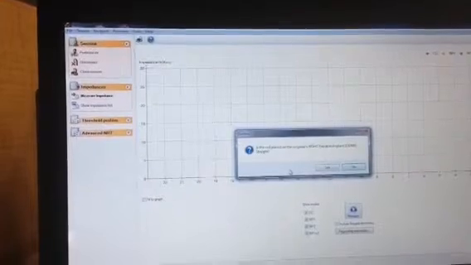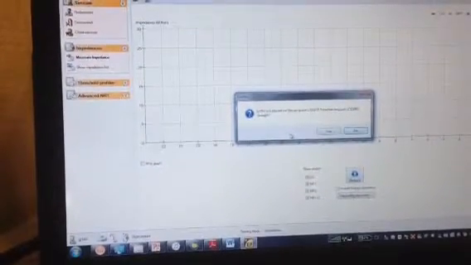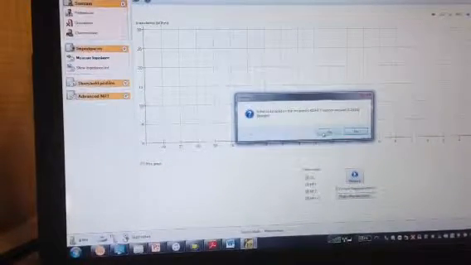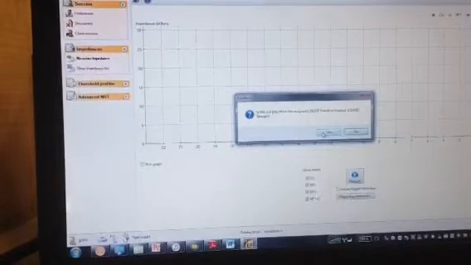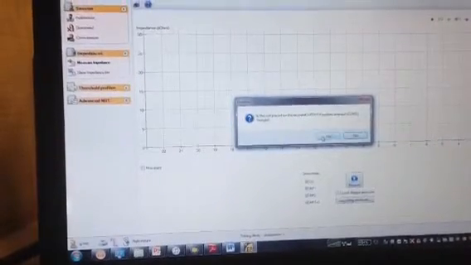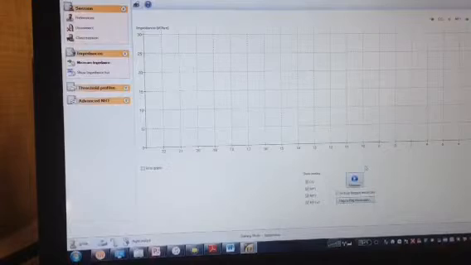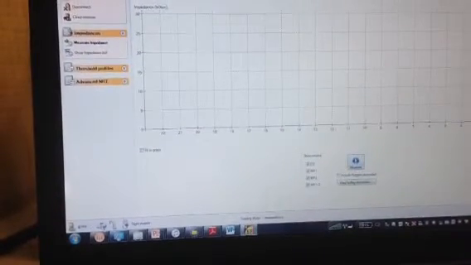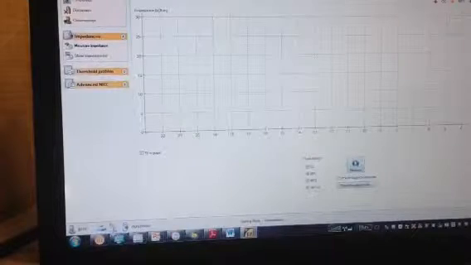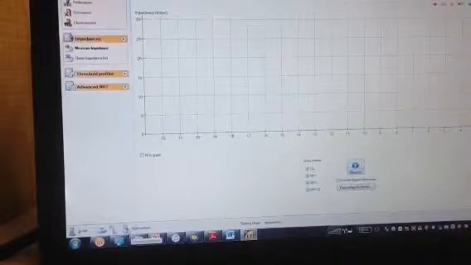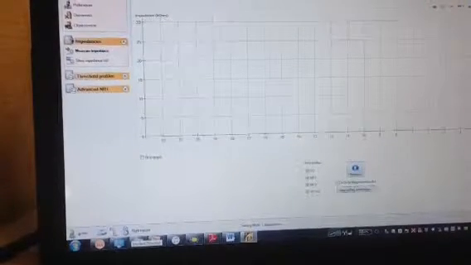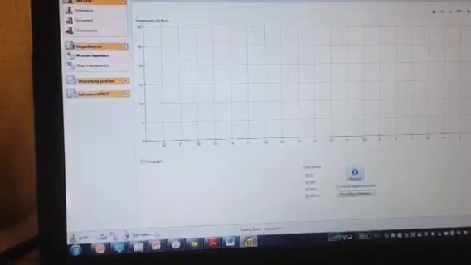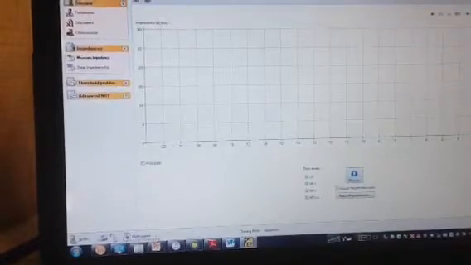This is a confirmation message telling you that you have placed the implant, you have placed the coil on the implant, which is Freedom Implant. Say yes. This is the first thing. On the lower bar here you can see that the pod is connected, your processor is connected, and your implant is connected. If there is any problem in the hardware connection, it will be visible on this screen.